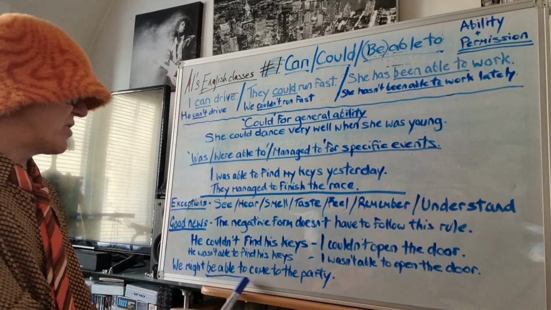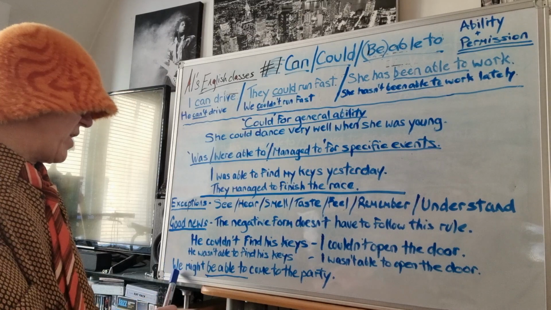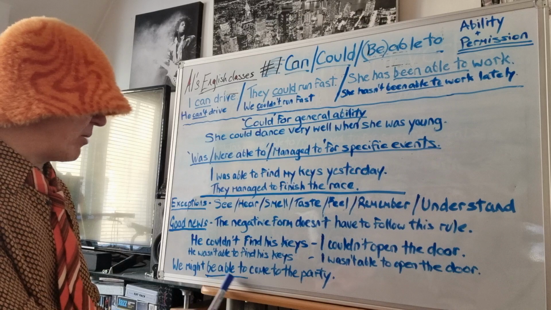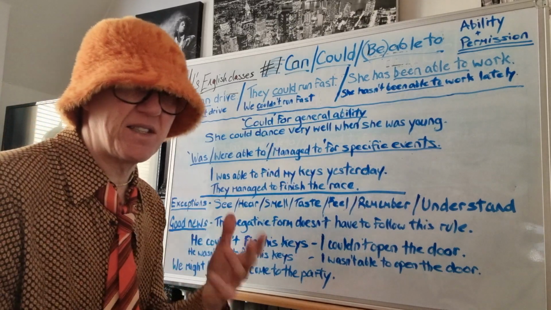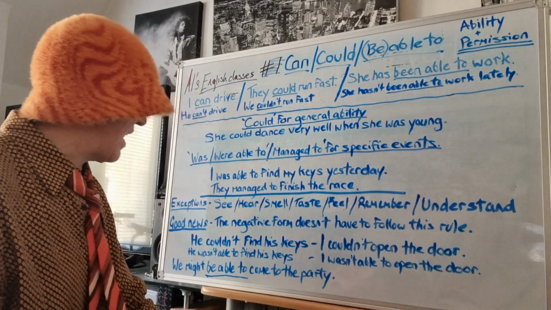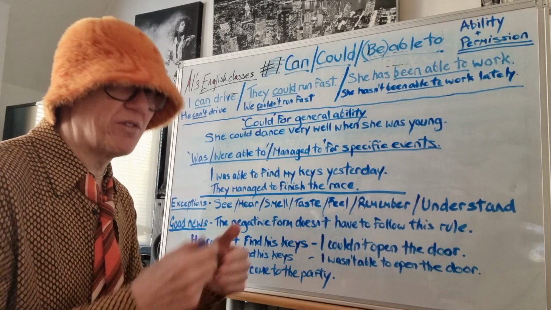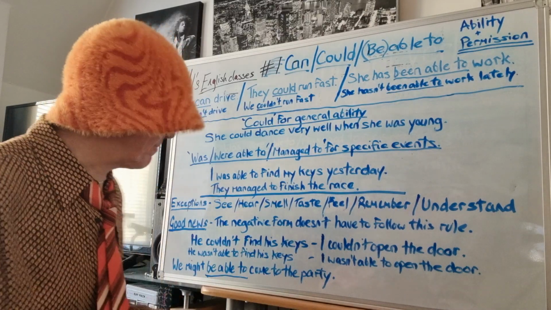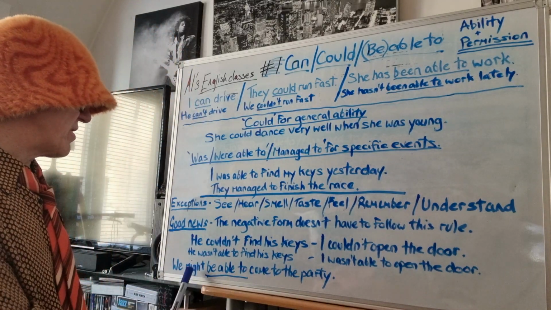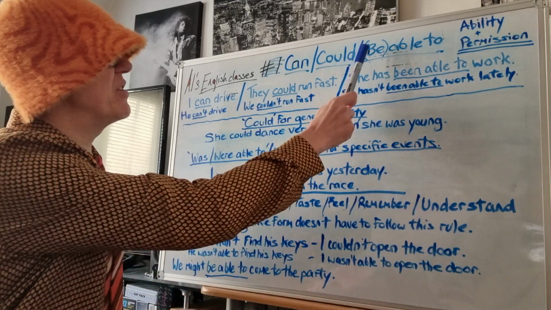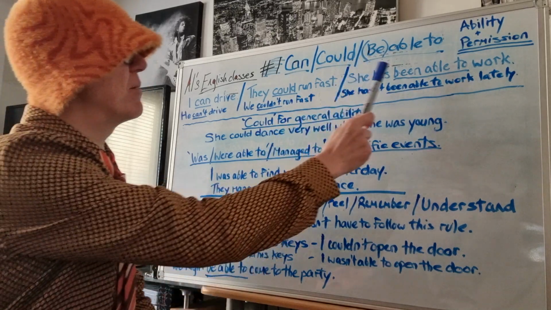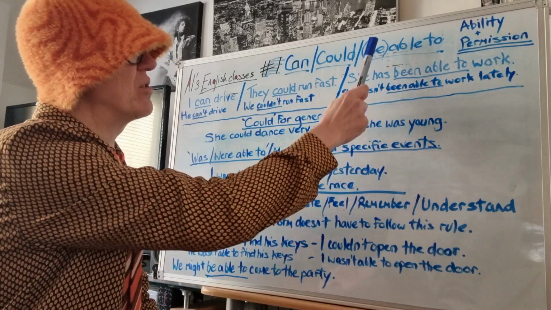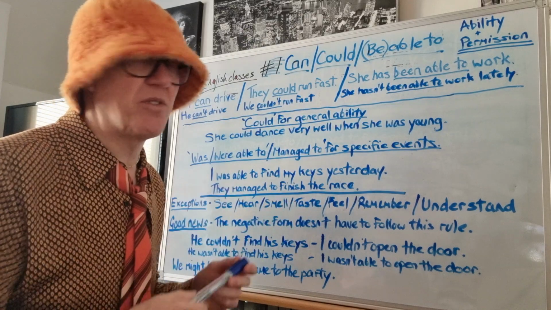We might be able to come to the party. We should be able to come to the party. We will be able to come to the party. Each of those sentences has a slightly different meaning, and I'll explain the meanings when I do each modal verb video. For example, when we talk about might, I'll explain might, should, etc. Be able to, because modal verb plus infinitive. Okay, so we use be after modal verbs, been in present perfect, past perfect, future perfect, am, is, are, was, were. We're going to talk about some of those in a second, actually.